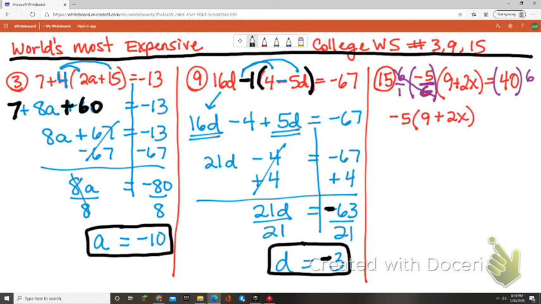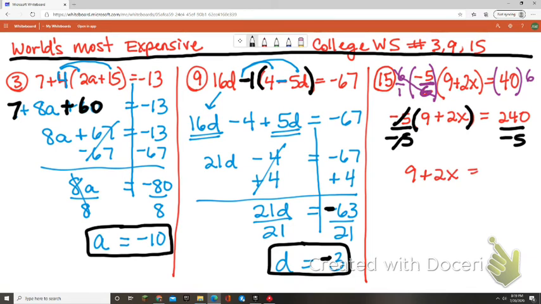So I multiplied both sides by 6, but that canceled for me. So I need to make sure that I don't distribute right now. And on the other side, that equals 240. So now I can see that negative 5 is being multiplied, because negative 5 is by the parentheses. So I could distribute here, but I'm going to show you a different method. I can also divide by negative 5. So I'm showing you how to solve this problem without distributing. Now, can you do this problem by using the distributive property? Absolutely. So we get 9 plus 2x